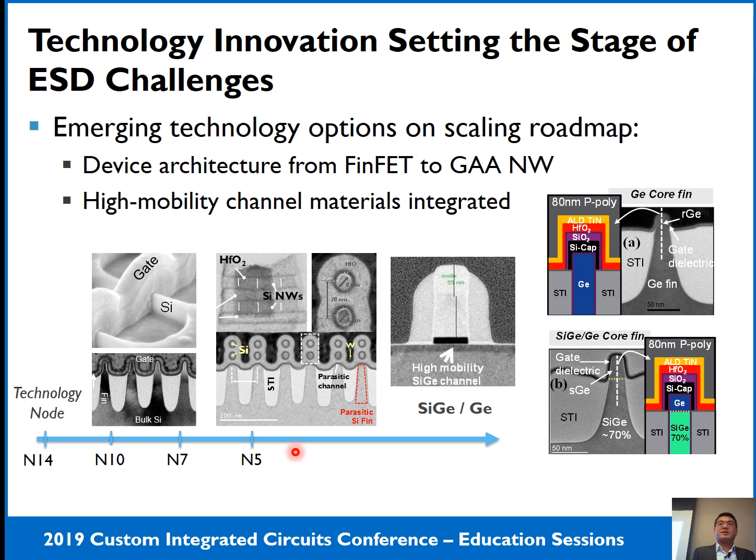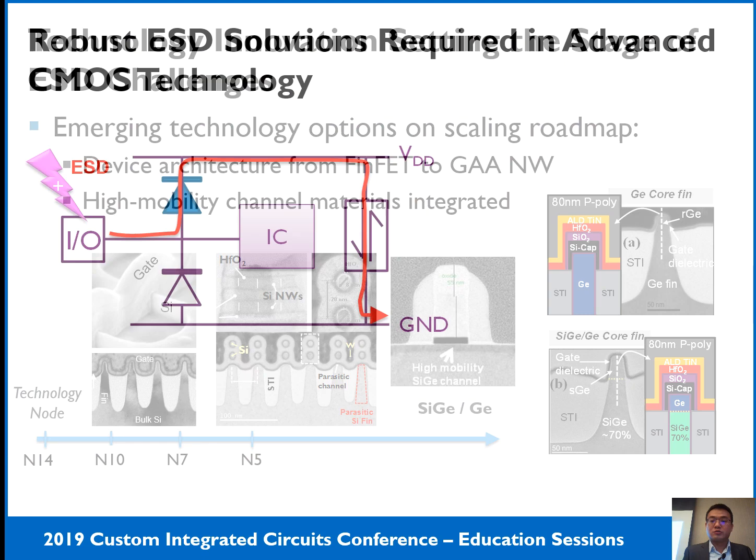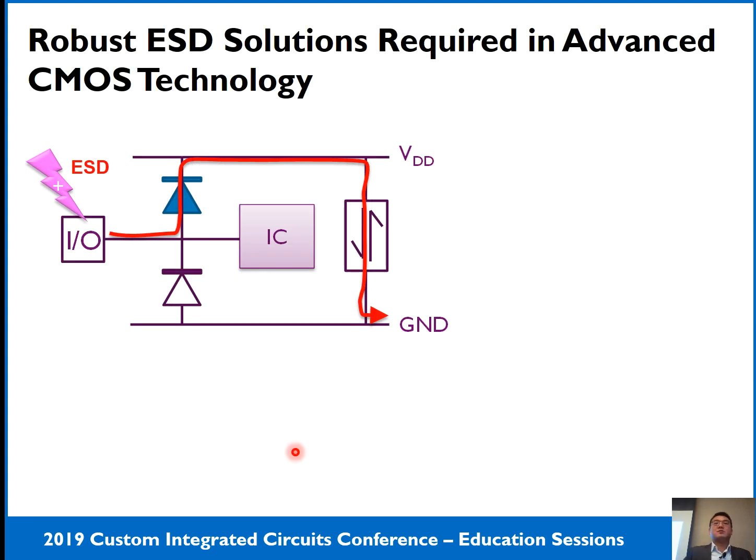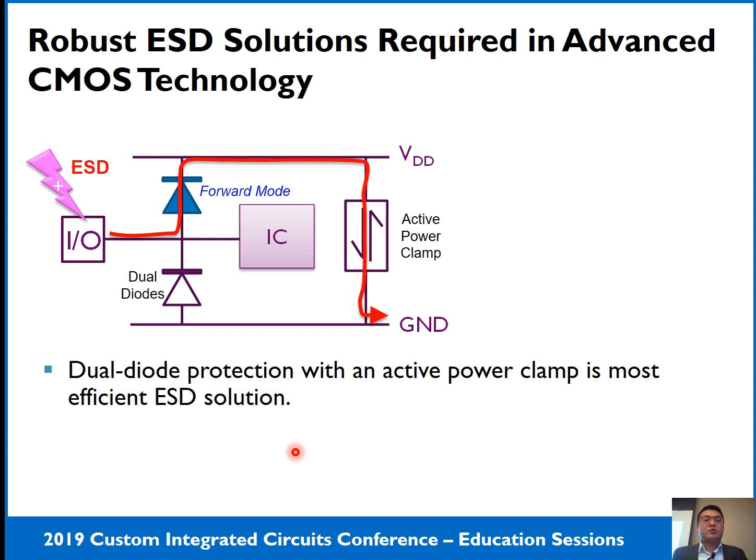But in order to protect this dedicated functional transistor, a robust ESD solution is required. And typically, the dual diode, as shown here, with an active power clamp, is the most efficient ESD protection scheme in advanced CMOS technology node, because this ESD protection diode operates in the forward conduction mode. And this forward ESD